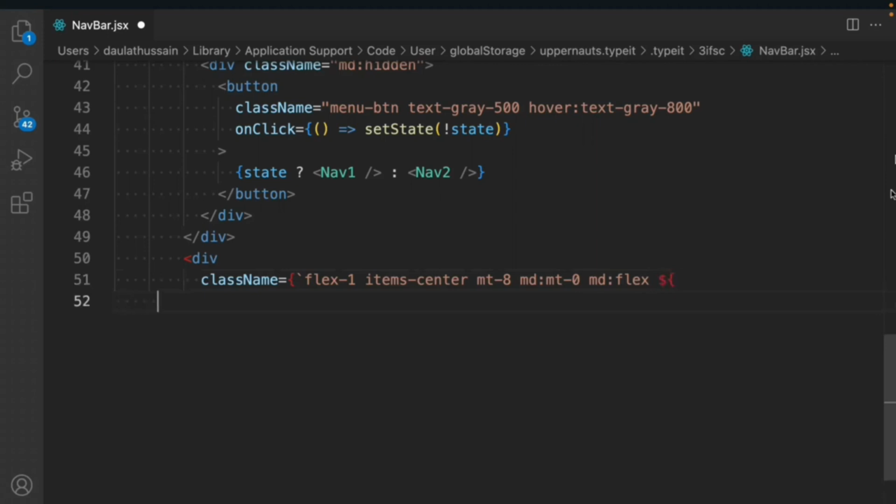We'll say that if state is true, then we have to add this class block, else we have to type this hidden class. Looks fine to me. Close this one,